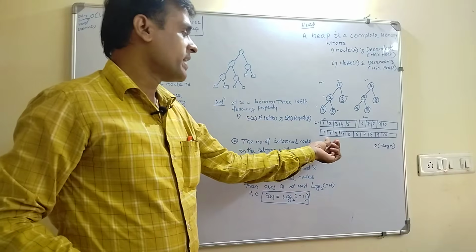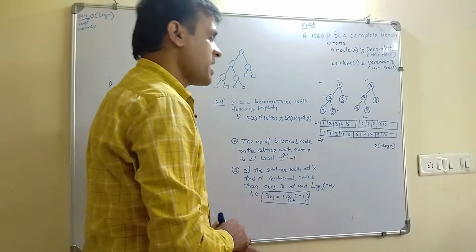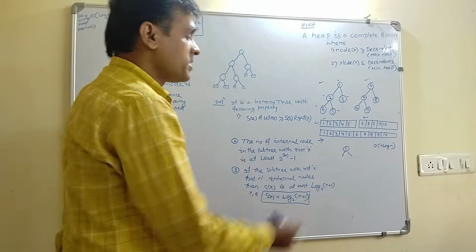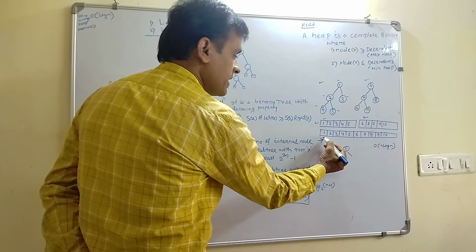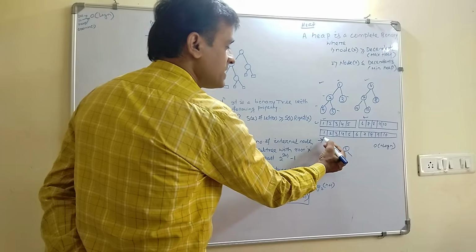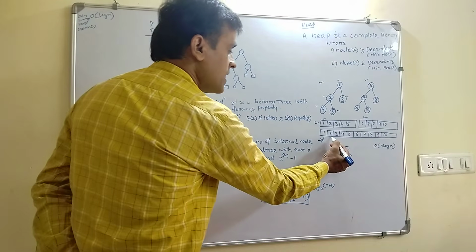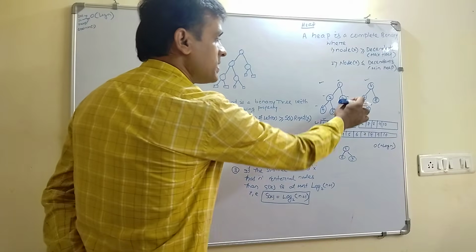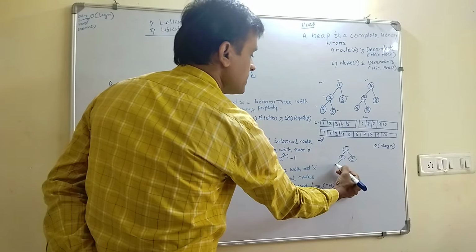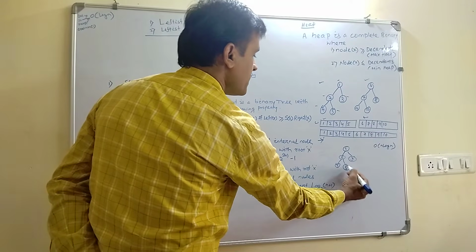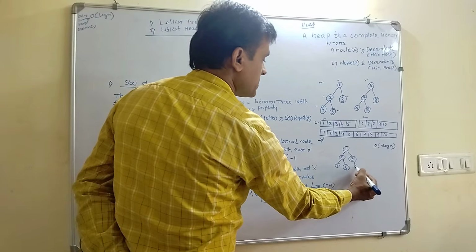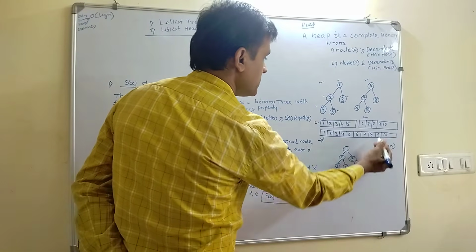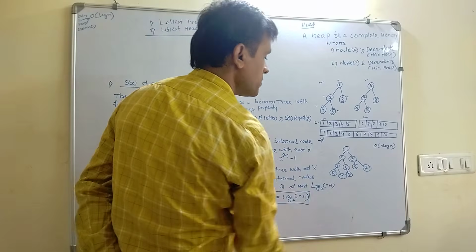How could I decide? I already told you that you have to traverse from left to right. If a node is at the ith index, with indexing starting from 1, its children will be at 2i and 2i plus 1, that is, at 2 and 3. So after merging these two, you can represent it like 4 and 5, and here 6 and 7, and here 8 and 9, and then here 10. So this is the merging.